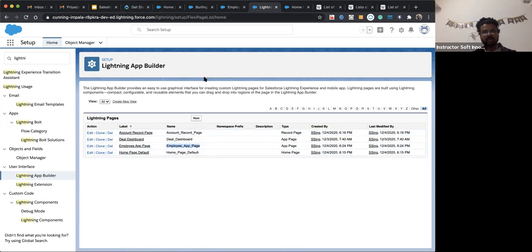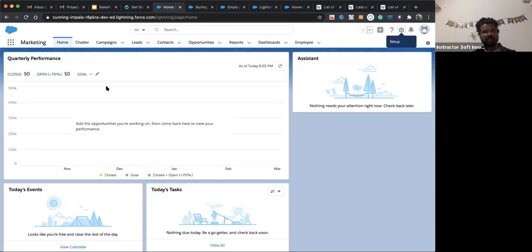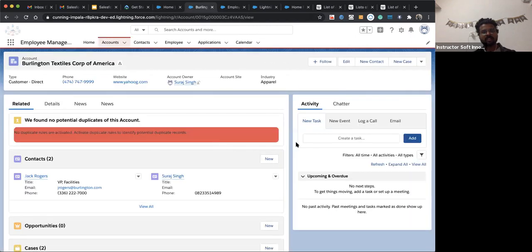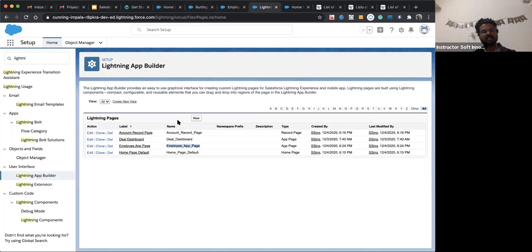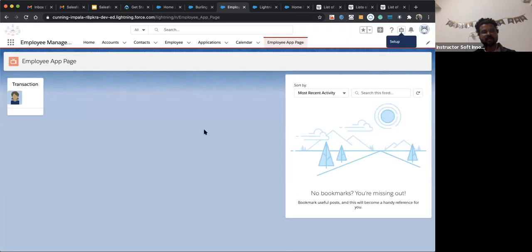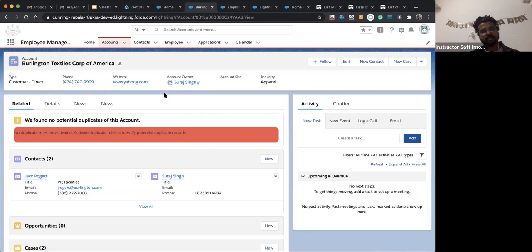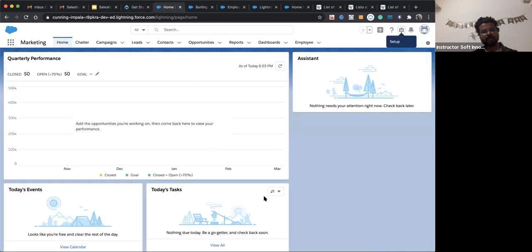This is a home Lightning app page, this is a record app page, and this is a custom app page. So here we learned how we create custom, record or home app pages. It's a UI thing, we just have to customize over there.